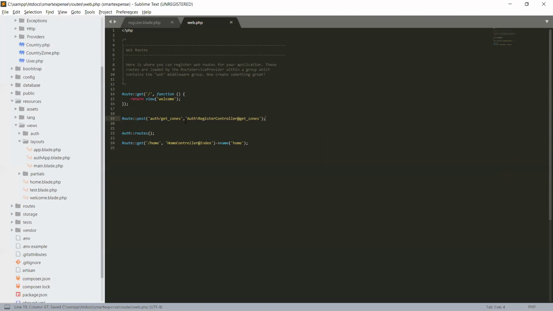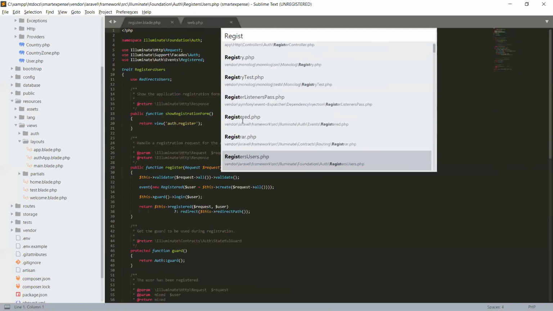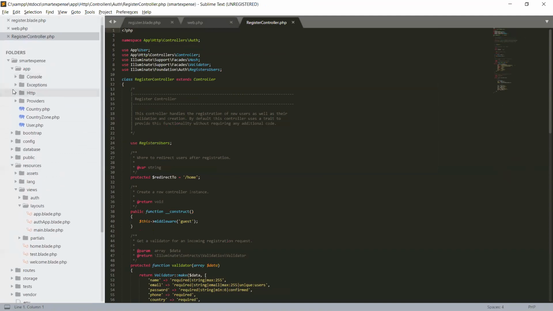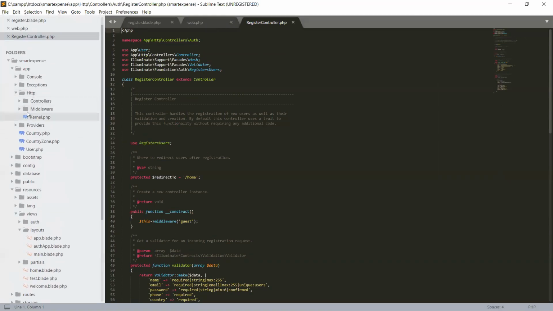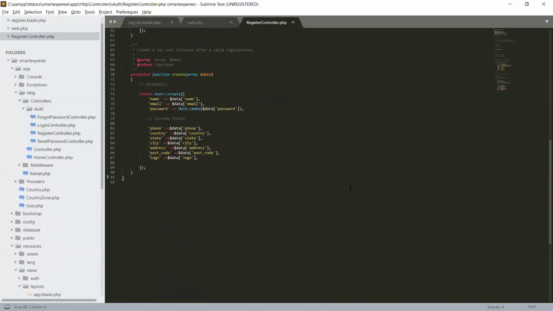Okay, auth get zone, auth register controller get zone, and find this register controller. So the register controller is under app http controllers auth and register controller. So in our register controller we need to create a method.